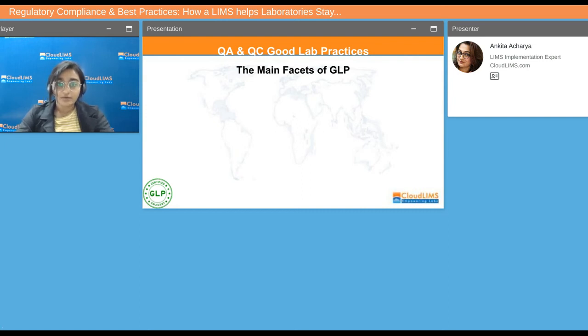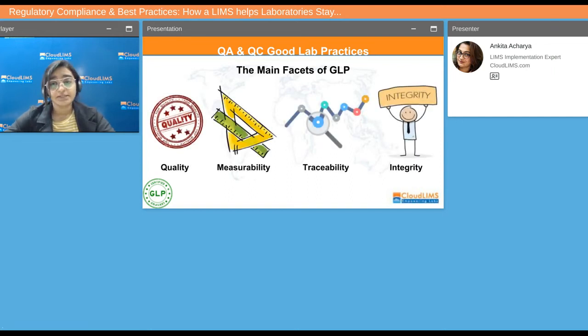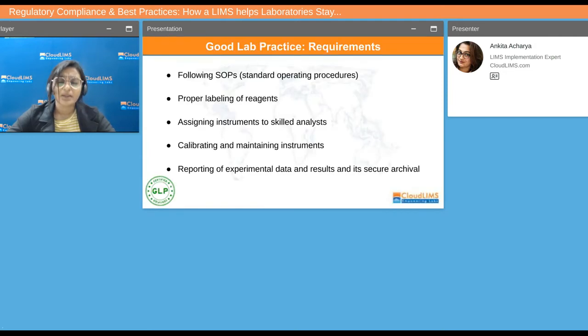Moving on, we are next going to talk about GLP, that is the good lab practices, and the main facets of it include quality, measurability, traceability. To talk a little bit more in detail, some of the good lab practices that you can follow include following SOPs, that are standard operating procedures, which can be easily made available via a document management module, document management option,